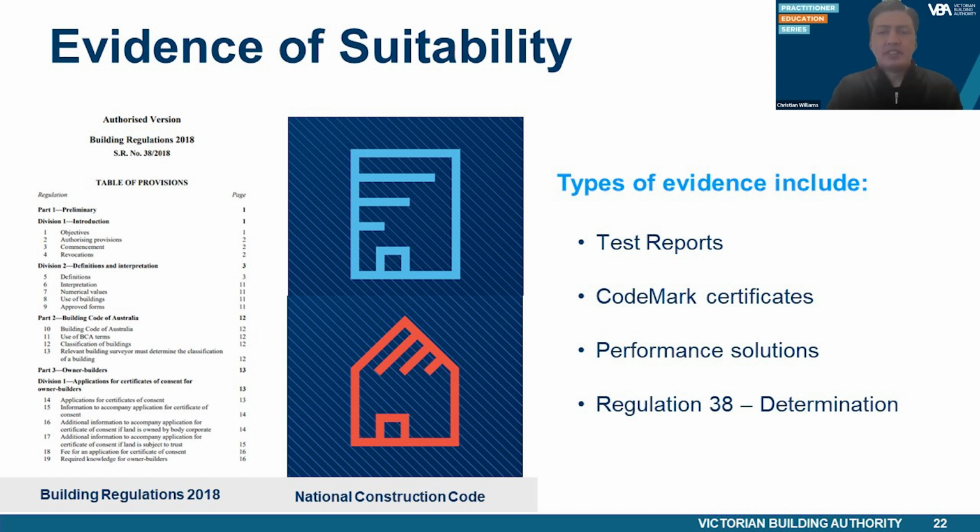There are a number of types of evidence that are considered acceptable, such as code mark certificates, accreditation certificates, such as in Victoria from the Building Regulations Advisory Committee or the BRAC, a certificate from another certification body, a report from another accredited testing laboratory, a certificate or report from a professional engineer or other appropriately qualified person, such as in Victoria, a Regulation 126 certificate from an endorsed building engineer, any other form of documentary evidence, such as, but not limited to, a product technical statement. Evidence to support a calculation method complies with an ABCB protocol.